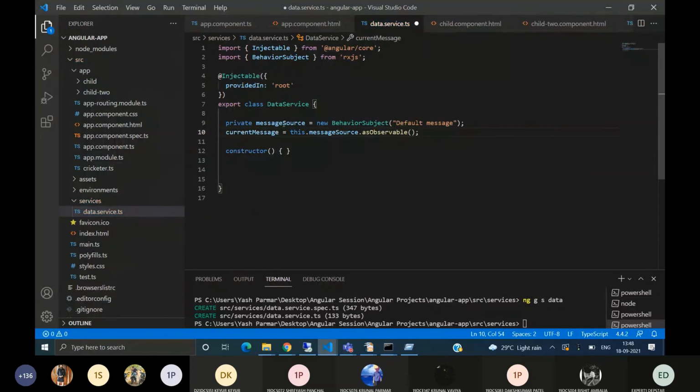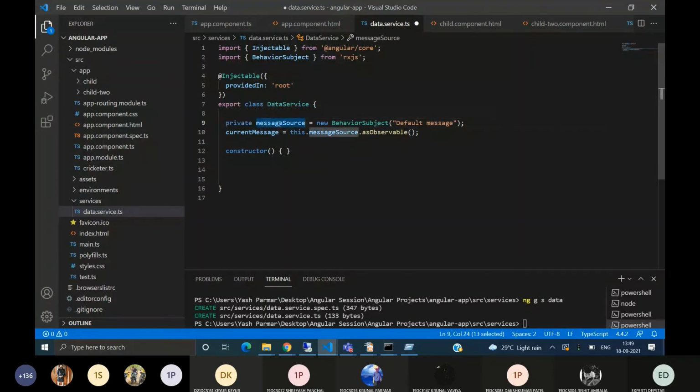We have made this currentMessage see messageSource as an observable. This currentMessage is observing this messageSource, and if any change happens to this messageSource, this currentMessage will be notified, and we have to subscribe to this currentMessage as we have given messageSource private.